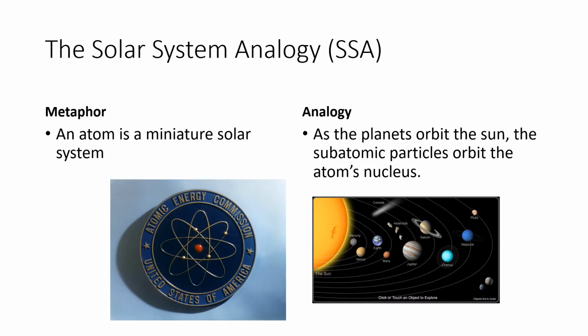So what I'm going to talk about is the solar system analogy. And this was something that I ran into or started researching when I started my PhD program. And I was working on my first paper on metaphor in scientific and technical communication. And I was thinking to myself, what's a good example of scientific metaphor? And I thought, oh, an atom is a miniature solar system or something like that. Maybe I thought of the analogy first. I thought, okay, I'll use that. Now, how do I cite that? In other words, who came up with this first?